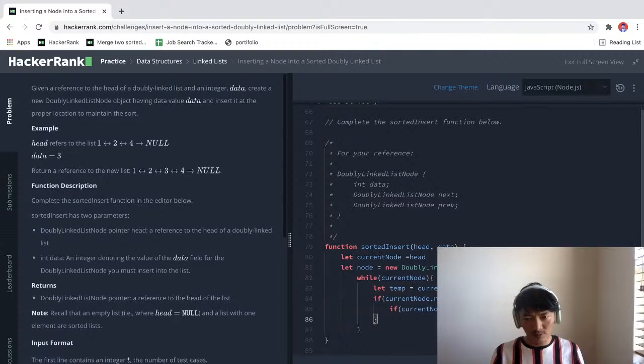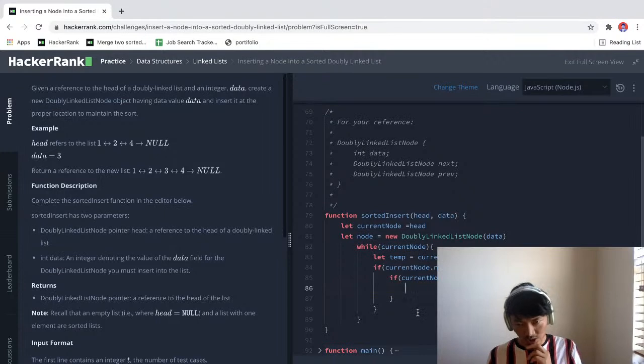If current node dot next dot data is greater than data, then instead of making so many conditions like less than or equal, we can use this condition: current node dot data is greater than data. In that case, what we really want to do is